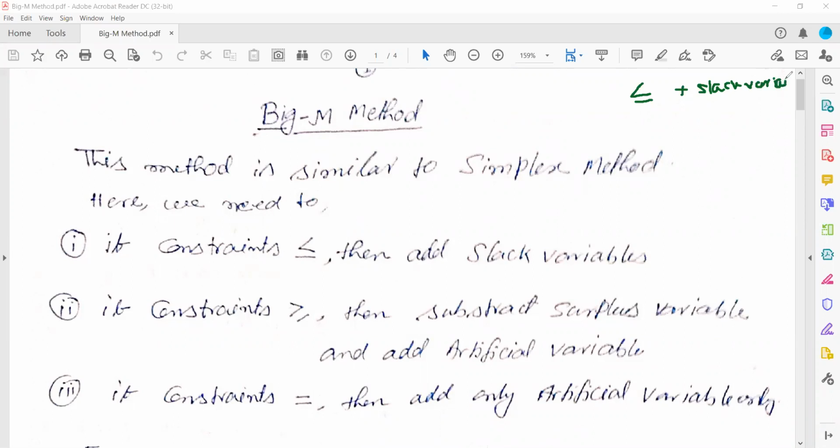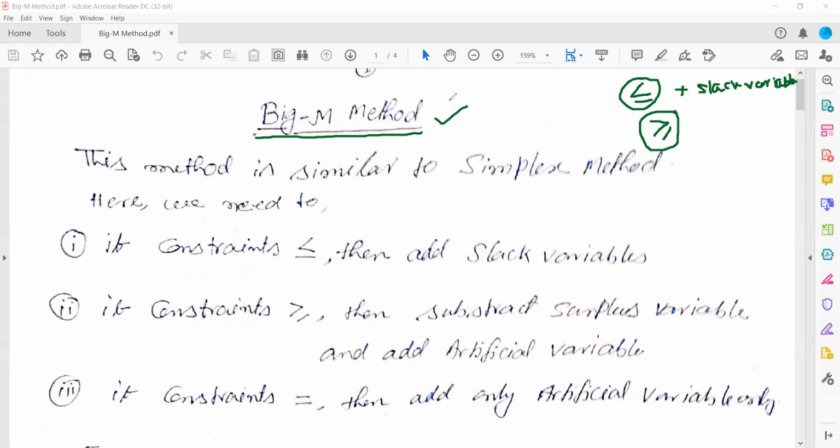So if you see the constraints in a simplex problem, you'll find that all of them are less than or equal to. But if your constraints are greater than or equal to, then the simplex method will not work there. For that, we need to follow a different method, that is the big M method or the two-phase method. So whenever a greater than or equal to constraint is there, you need to go for either the big M method or the two-phase method.